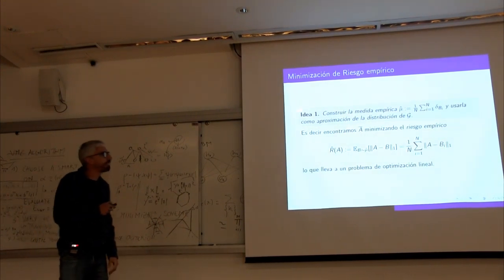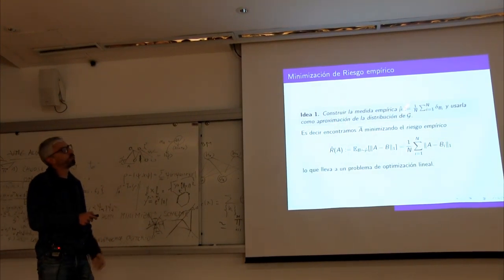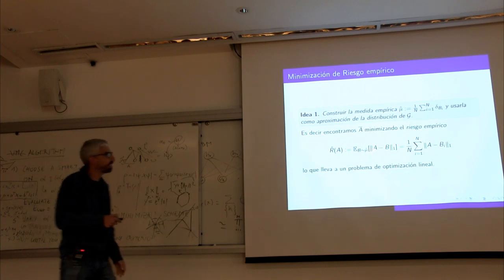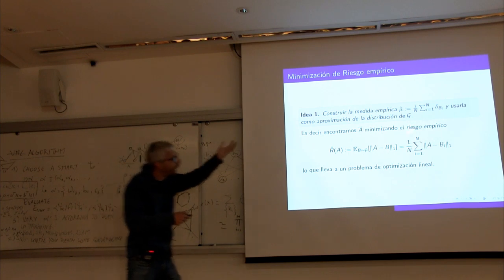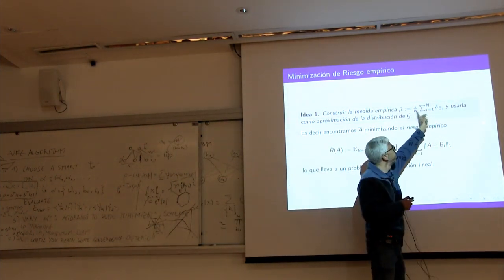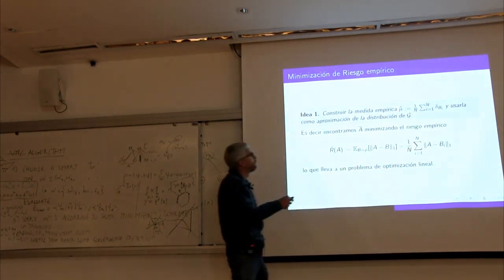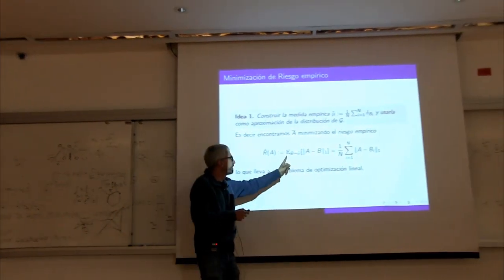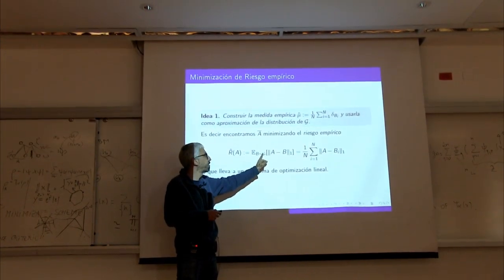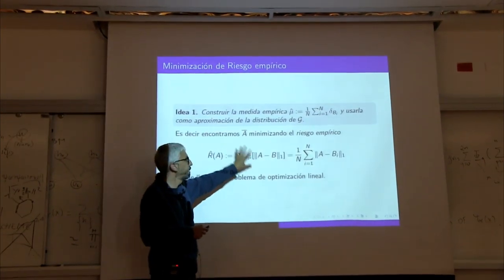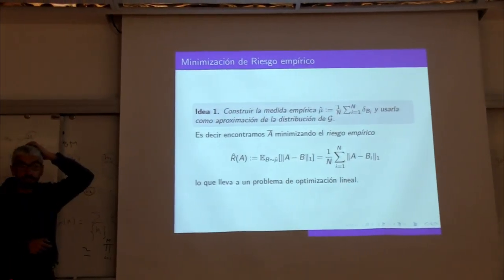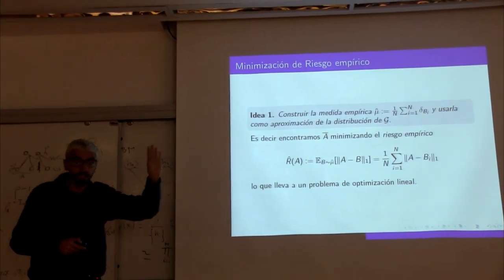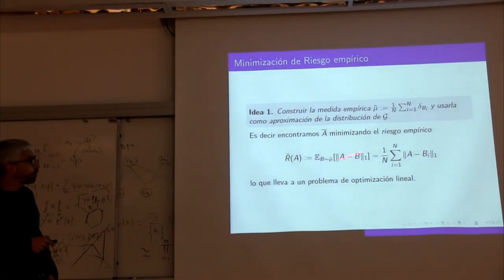So the first and most naive idea is just to take the empirical measure. Define mu bar to be the empirical measure. Use your samples, and imagine that your estimation from your samples is good enough so that instead of thinking that B is distributed according to G, you think that your samples are the true thing, and just try to solve your estimator for the risk. Okay, this is the most naive thing, the first thing that one would do. And if you do that,